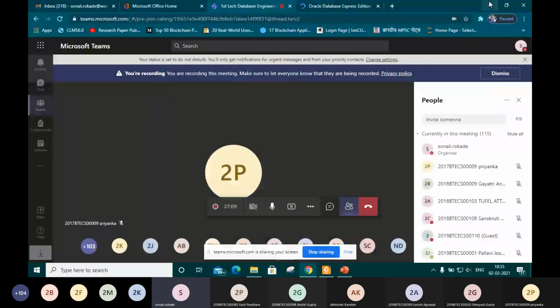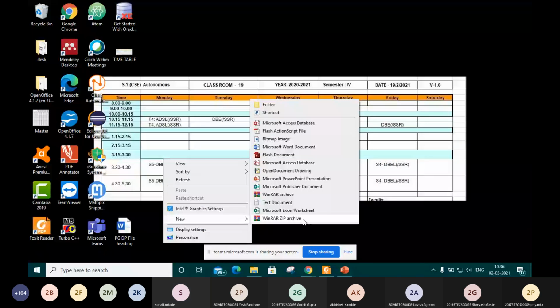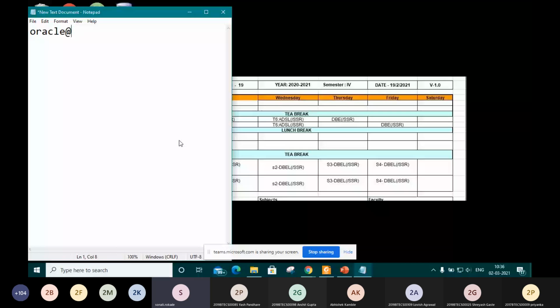But one more thing, when it asks you for the password, you can use any password, but you don't have to use the @ symbol. If you use a password like Oracle@123, this @ symbol you have to skip from your password because it is not accepted and it will create some kind of connectivity problem.